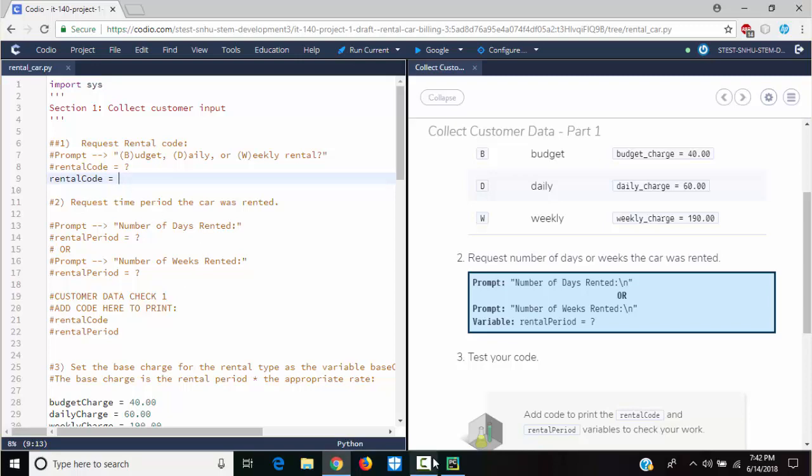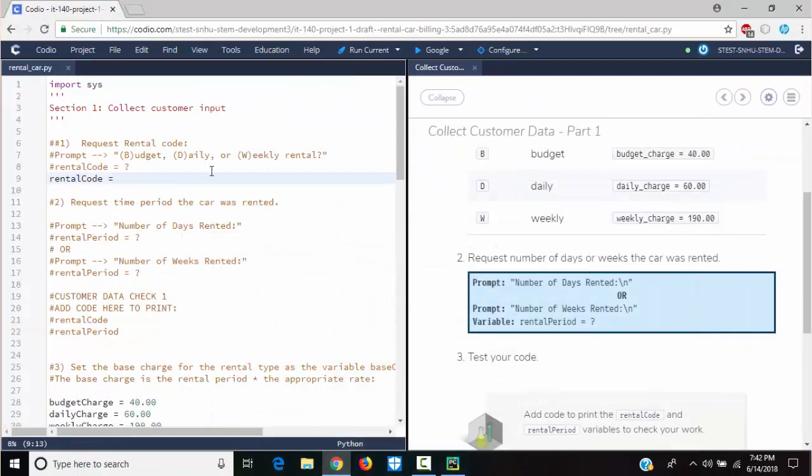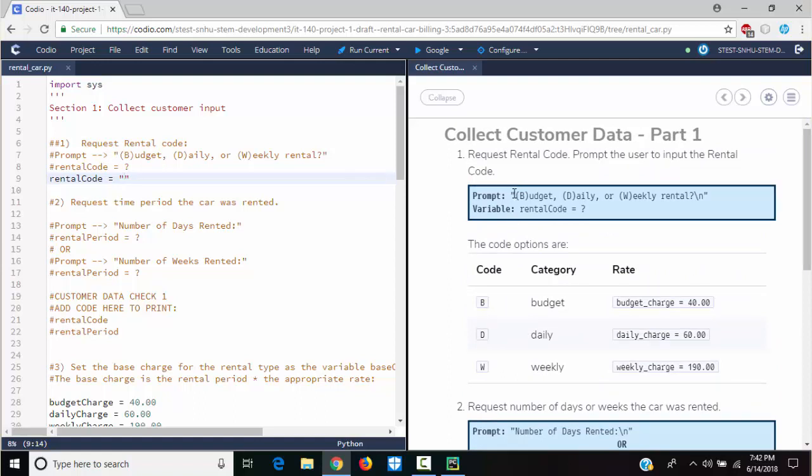You see, this doesn't have IntelliSense for rental code because your Codio has already been developed fully, with all these variables that you need to use. So here I will say rental code. Let me just copy it like this.